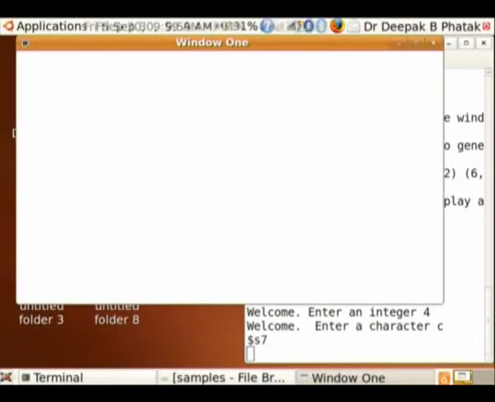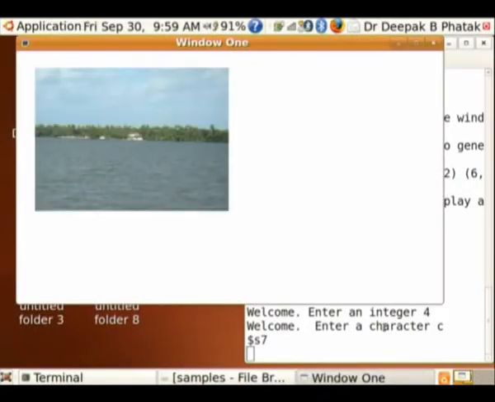Here is one which draws any picture. So this is called a bitmap drawing. EZ Windows has a facility that if you have any bitmap image, you can display it there. The problem is that it expects bitmaps in a specific file format called XPM.